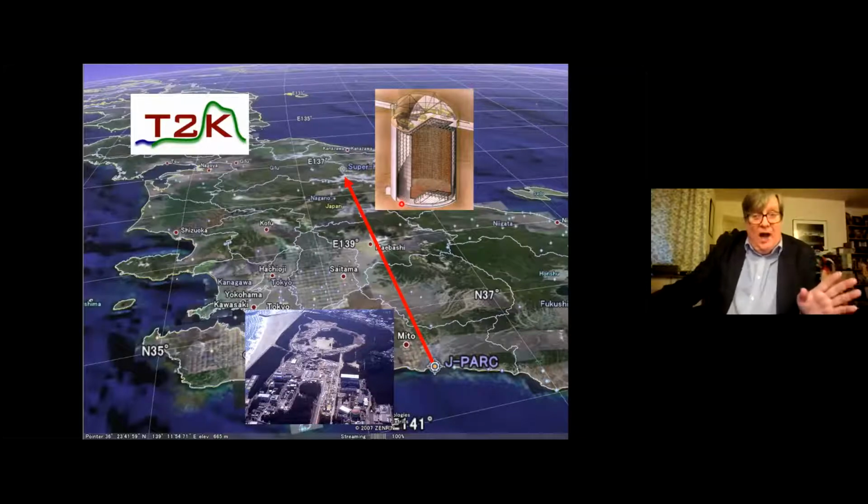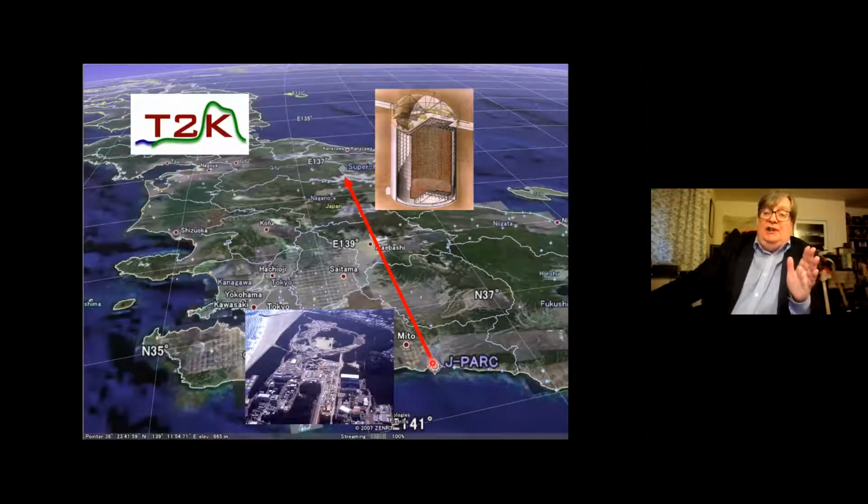that job being done and that third type of oscillation having been discovered, we also could repurpose it by changing the sign of the horn, the magnets that focus the beam, and changing the neutrinos from neutrinos to antineutrinos, and looking to see if the appearance of electron antineutrinos in a muon antineutrino beam was the same as the appearance of electron neutrinos in a muon neutrino beam.